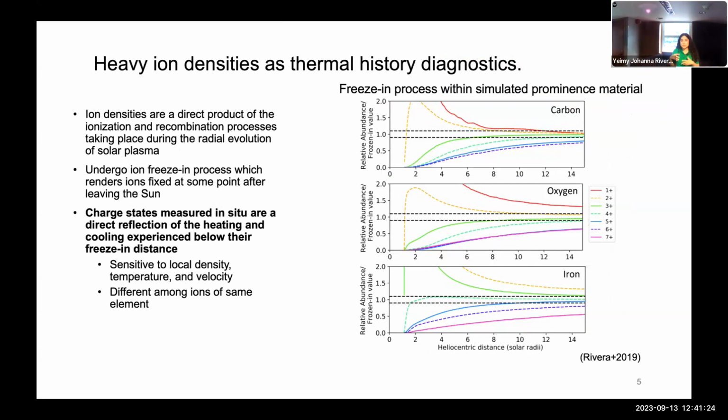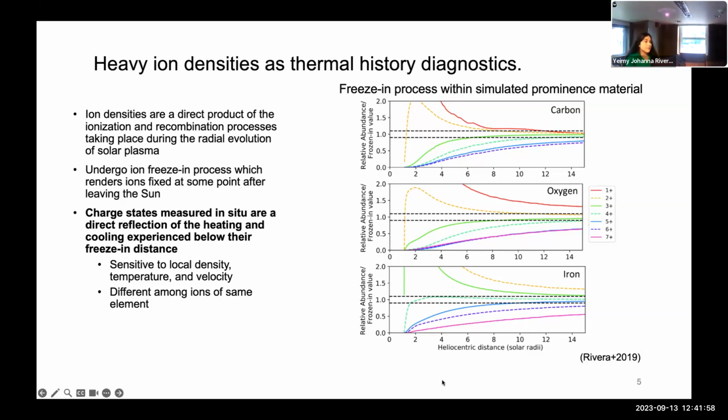So as the plasma starts expanding, the density drops very, very quickly. Ionization and recombination essentially become less and less effective farther and farther from the Sun. So you have ion ratios and ion distribution profiles that remain fixed at some point away from the Sun. In this case for CMEs, it happens to be fairly close to the Sun. And this is just a visual representation of the freezing process, happening below 15 solar radii or so for most ions.